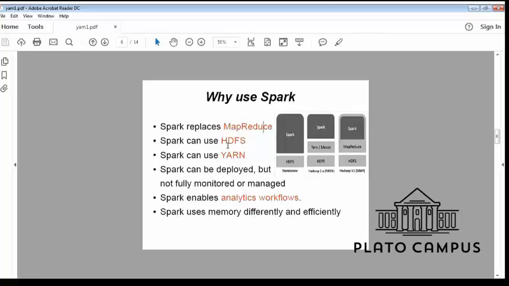Spark uses HDFS, the Hadoop Distributed File System, as you can see depicted in this diagram. Spark can be used standalone, and Spark can use YARN. Spark can be deployed but not fully monitored or managed. It is basically used for analytics and workflows, and that also processes in memory.